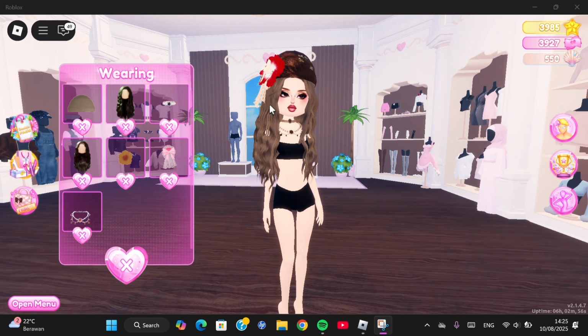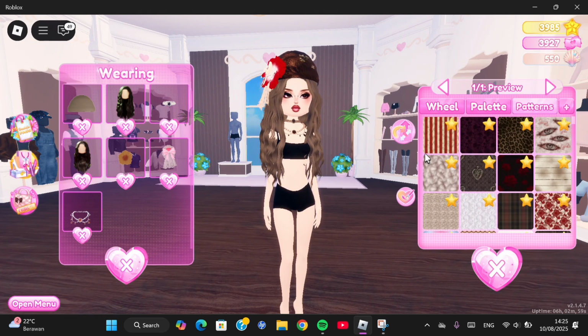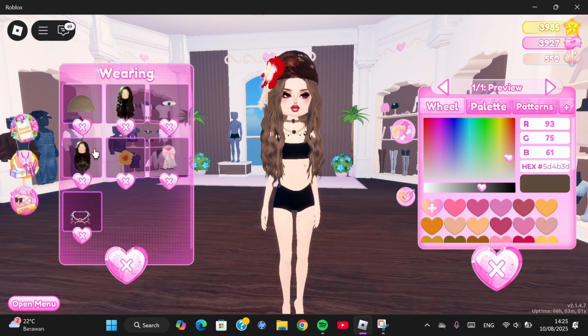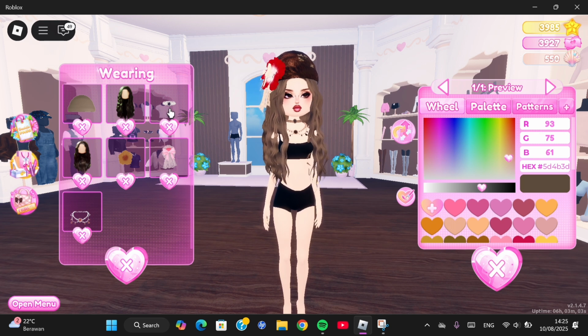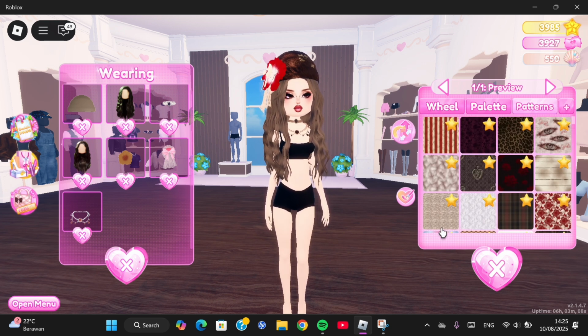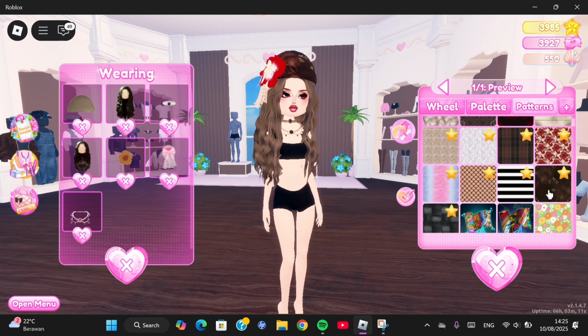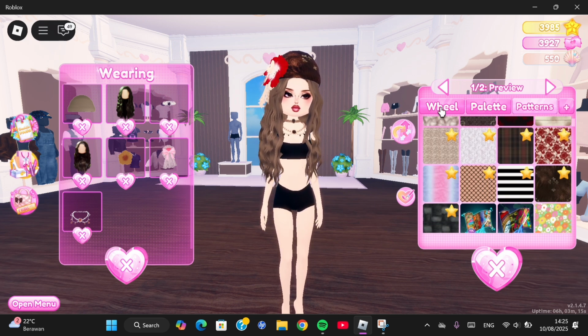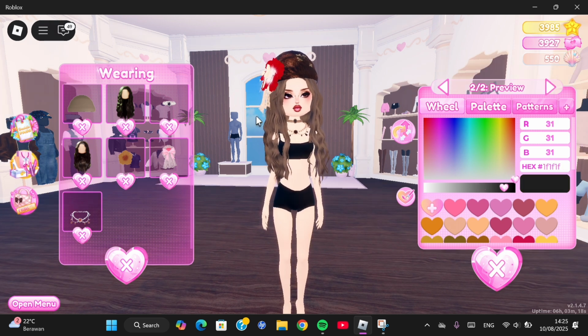Alright, first of all, you can choose this hair and then you're going to color it brown and then combine it with this hair, make it the same color and put on this hat, apply this pattern, this one guys, and then you're going to put on this necklace, make it like this for the color,